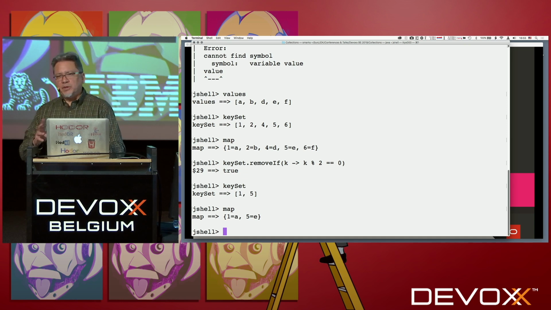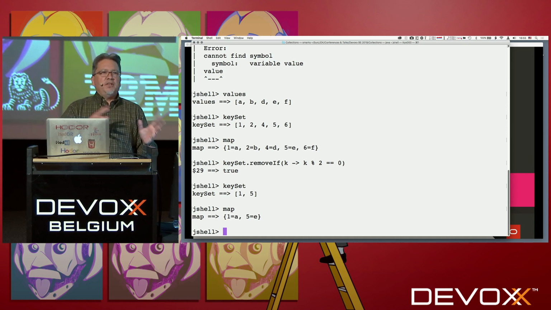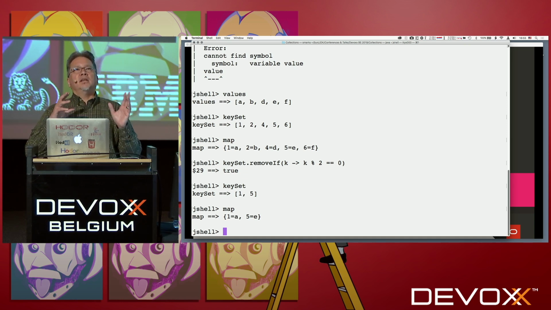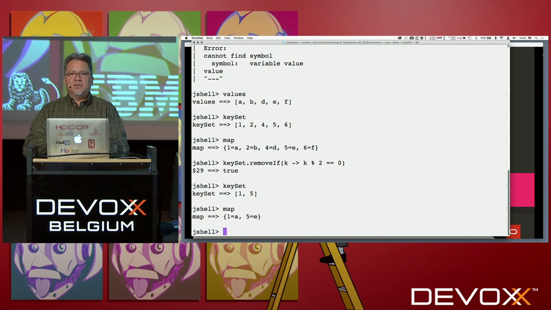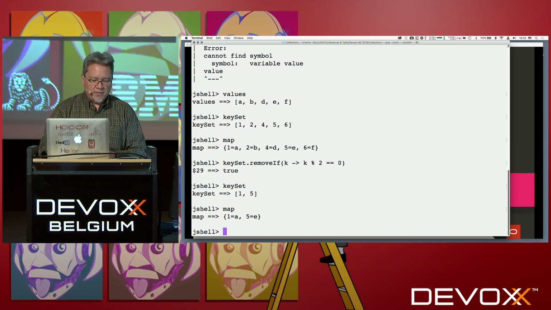Now, the entry set is a little weird because in the old model, it was the best way to do bulk operations on a map in the absence of streams. You would write some for loops using an iterator over the entry set, which is a little strange. Nowadays, we can use streams, or we can use the map.forEach to get a succession of keys and values. So I'm not going to show that, but I will show one thing, which is that you can use the entry set to make side effects upon the underlying map. So we can say,